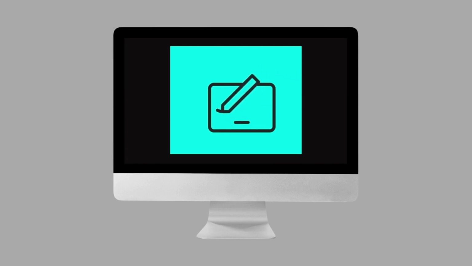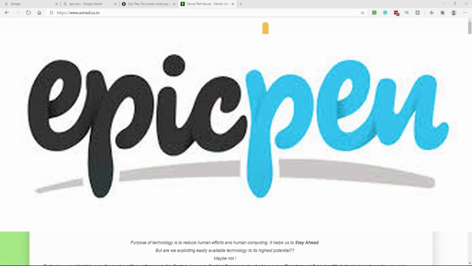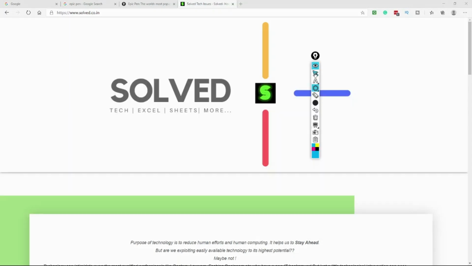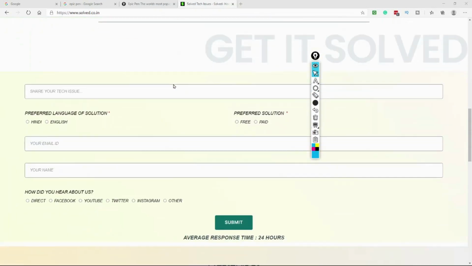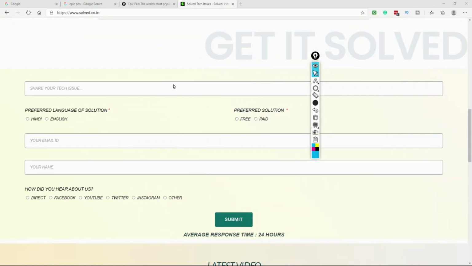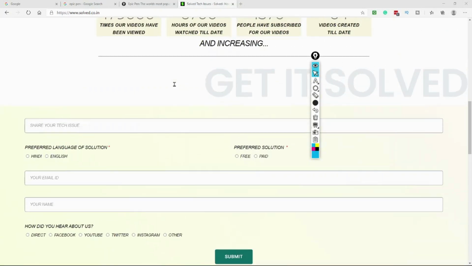There is this feature of screen annotation, and I found a great tool to use for that, by the name Epic Pen. Let me very quickly show you what can be done in this. Let's say I paid thousands of dollars to get this website made, and then I come here and realize, oh my god, there is an issue with the website spellings, and I also want something moved up or down. So how do I tell it to the designer who is sitting offshore or at a great distance from me? Do I do screen sharing and try to explain, but then the time zones may not match, or there could be so many factors.